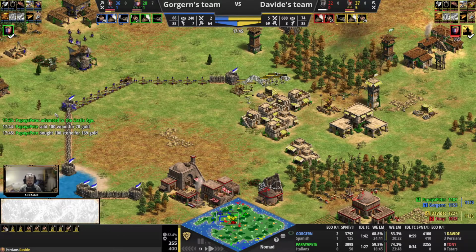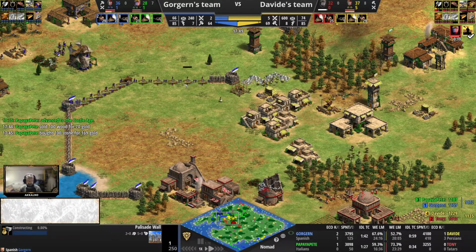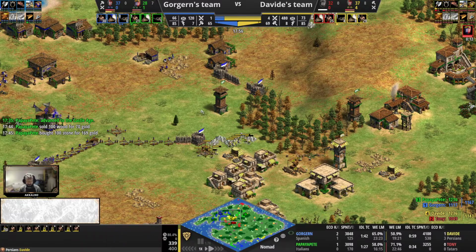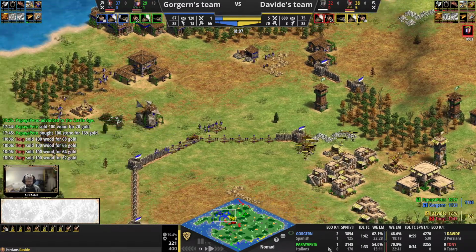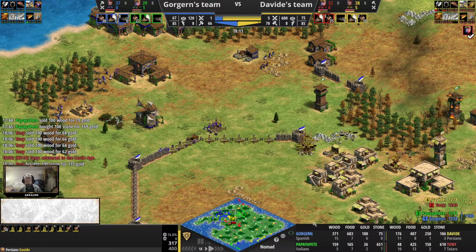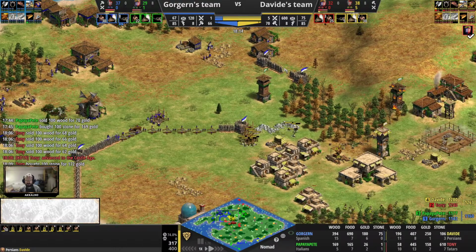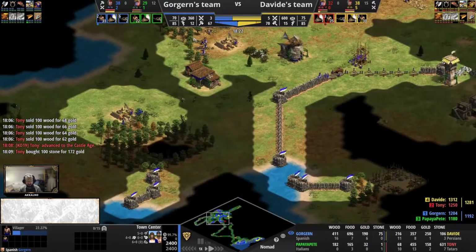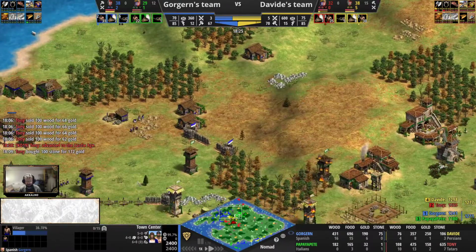so it's decent. Why not just move the builders over and tear down this tower though? There's nothing here to stop that. No walls around the tower. Just use the force of the villagers. Ah, okay, that's why they're throwing this one to take it off Davide, because it's the only stone that's even close to Gorgern here, so...